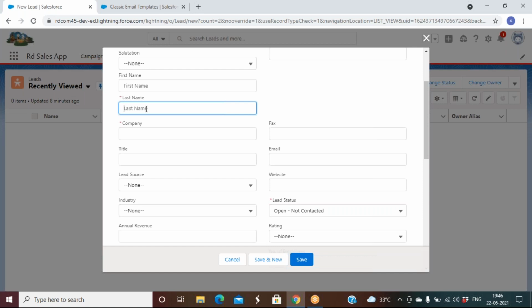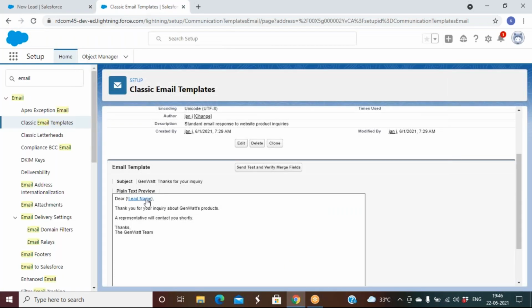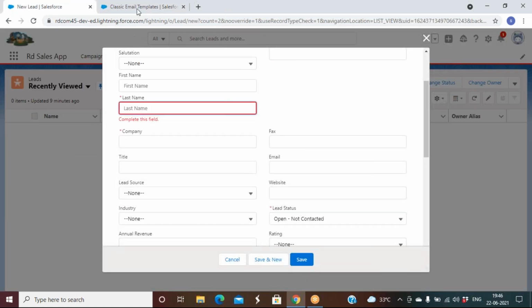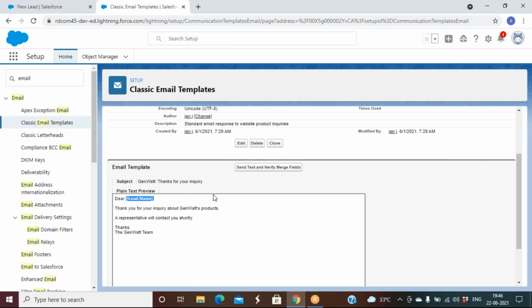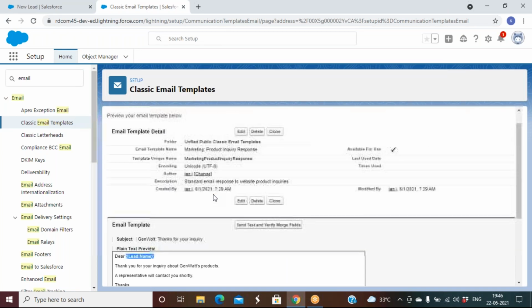So that name should update here, and for that we can use a merge field. A merge field is nothing but whichever field value you want to get in the email automatically. Now edit this.